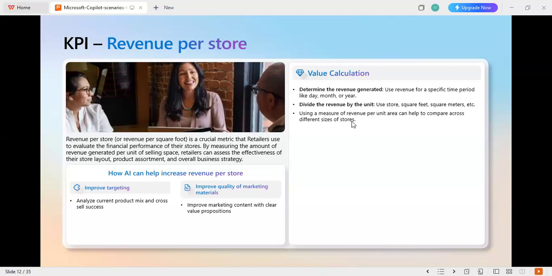So based on your information, it will generate all that and tell you, okay, for store A, your revenue per store is maybe 200,000 naira or 200,000 Ghana cedis or $200,000. And for store B, the revenue is maybe 100,000. So based on this, store A is performing more than store B. So with that, you know that if store A is performing more than store B, maybe AI should give me information on how best to increase my revenue, and it will give you based on the information that A has. So with that,